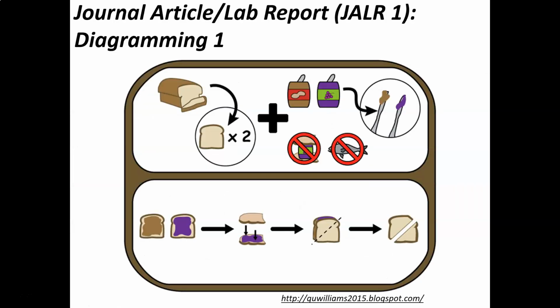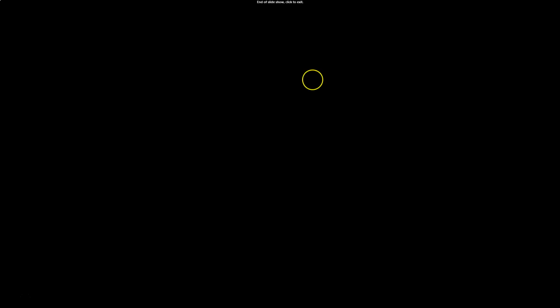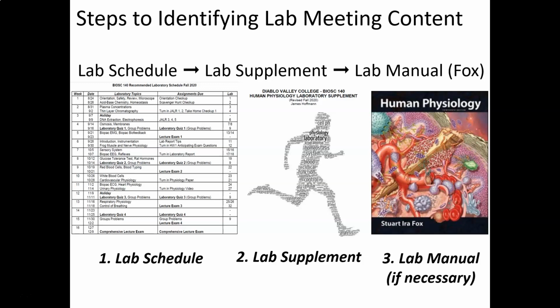There are a few other components of JLR 1 that you'll have to do, and JLR 2, and I'll likely post something on Canvas strictly for those. One of the things that students have issues with sometimes is the lab components. So when you look at the schedule, this is the fall schedule, and here's the lab schedule. It says the first day it's recommended that you do lab 1. Right? What does that mean?